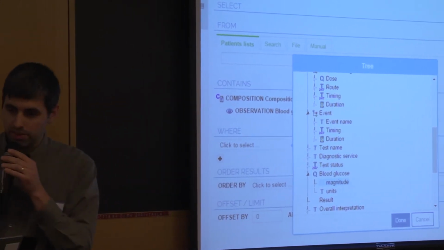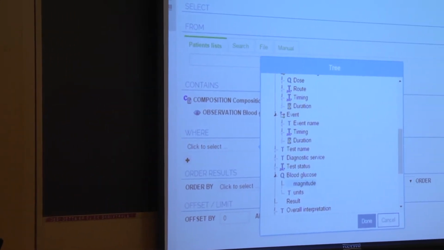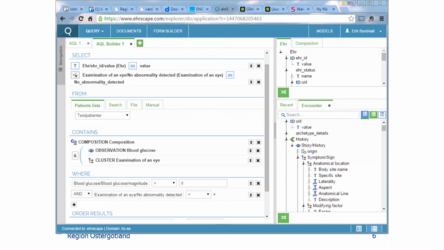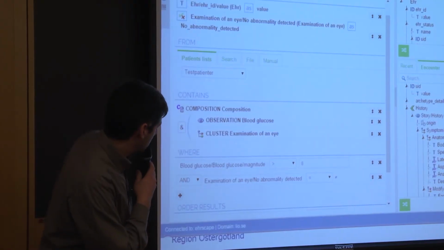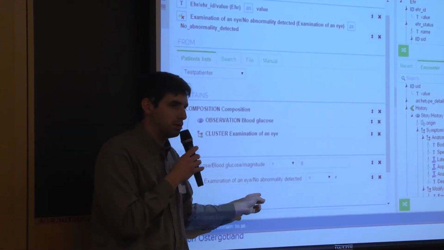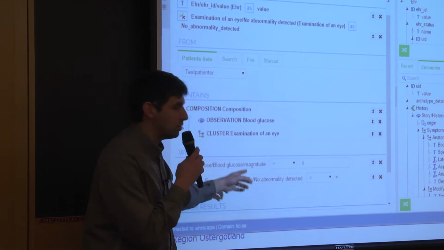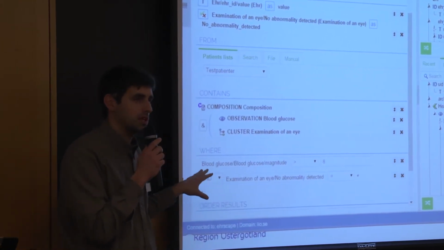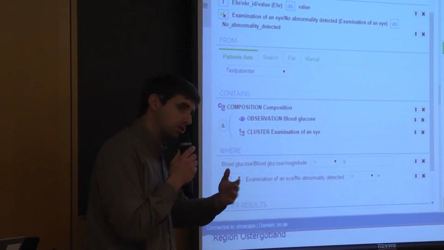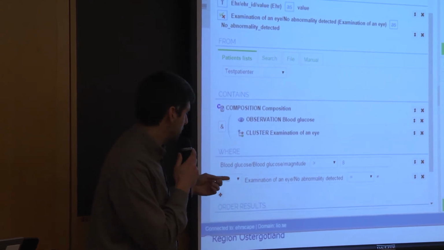So that's one thing we want to get out, and then we could pick out this examination of the eye, for example. We could say that there should not be any abnormality detected. This is, from a clinical perspective, a really crazy question, so we should probably make one afterwards with a real clinician.